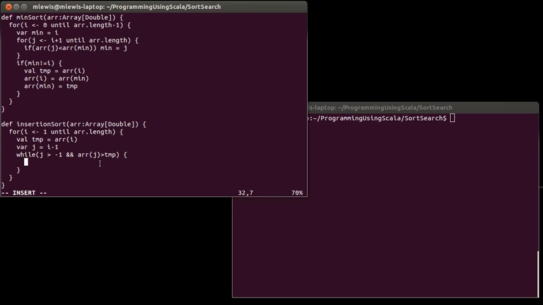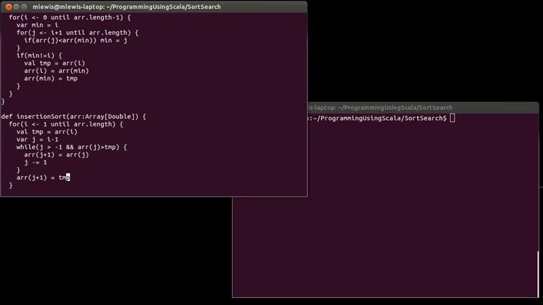Okay, what happens inside of here? Well, I know that arr sub j is greater than tmp, so I simply set arr sub j plus 1 equal to arr sub j. I shift the jth item back 1 in the array, and then, because this is a while loop, do not forget to decrement j. Otherwise this will be an infinite while loop and it will just sit there and spin around forever and ever. Once we're done with all of that, we want to copy arr sub j plus 1. Oh, this should be a minus, I'm sorry. Subtract from j, because we are going to a low bound, not an upper bound,